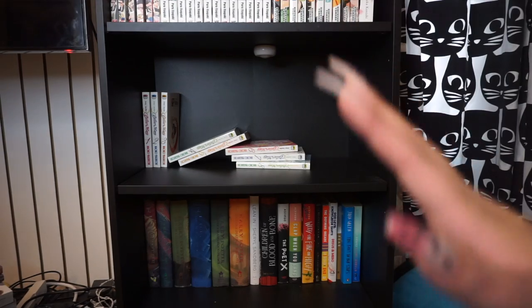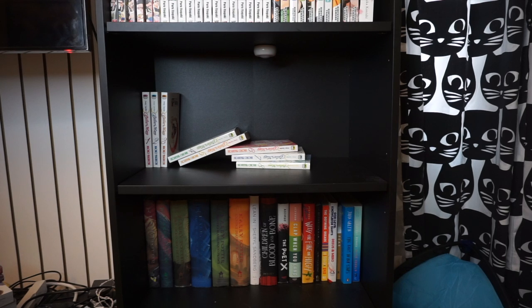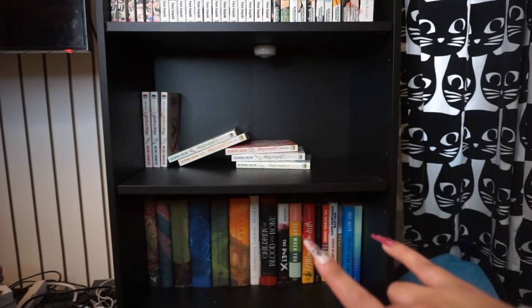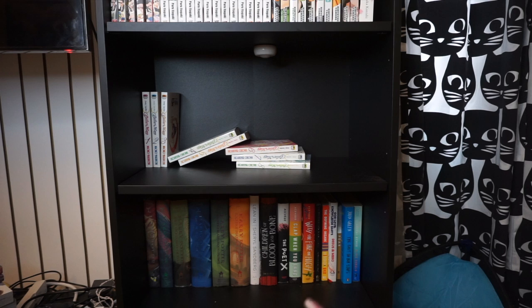Now I have to move my camera down to get the other shelf. So hold on. So now we've moved down to the bottom 2 shelves, and this is gonna be fun because I still have a lot more to go to put down here. But I think what I'm gonna do is, let's see. So I have, it's fallen down, but I have Sailor Moon 1 through 8, and I think I'm gonna put